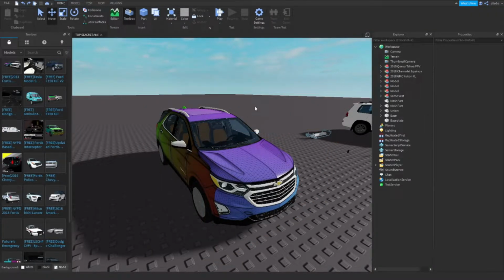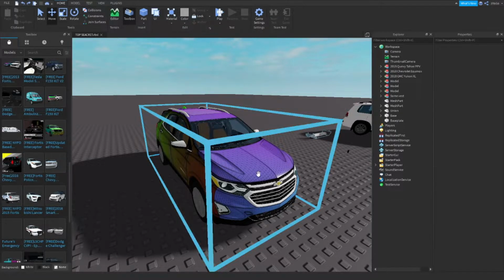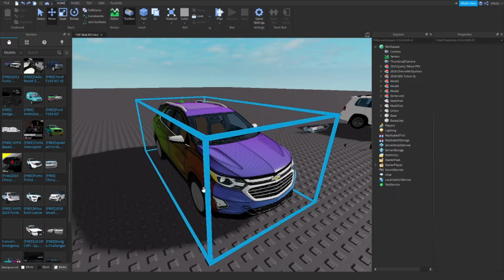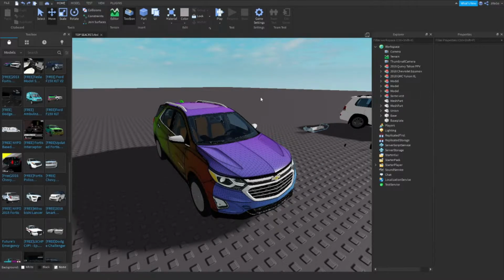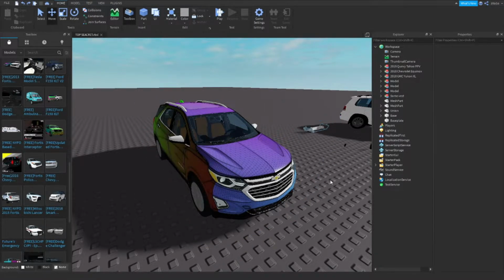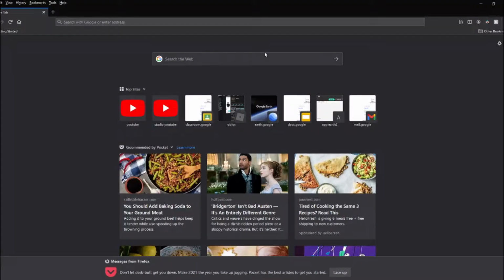Today's video, I'm going to be showing you guys how to use paint.net to create the best liveries onto your Roblox vehicles or even GTA 5M vehicles or any other type of those vehicles that use this type of UV mesh textures. I'm just showing it in Roblox right now, but the same principle with paint.net and how it's saved and applied works the same way for GTA. So here we go. Alright, so the first thing you want to do is actually get paint.net,